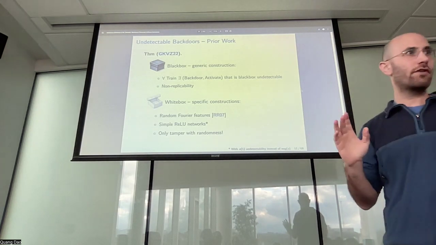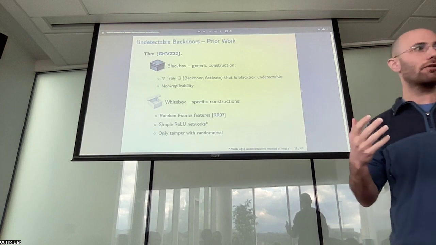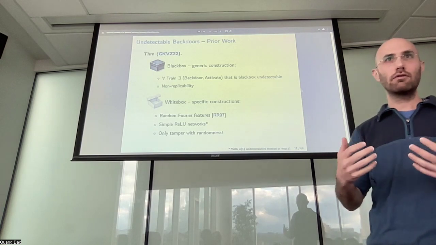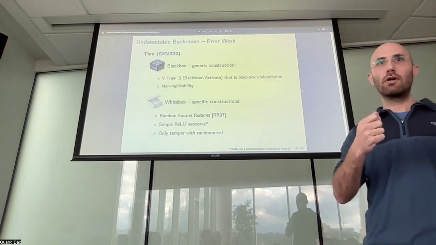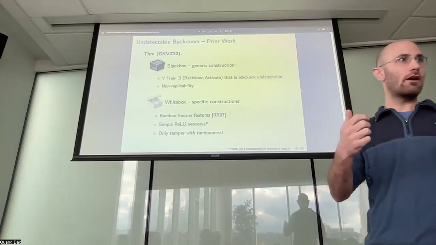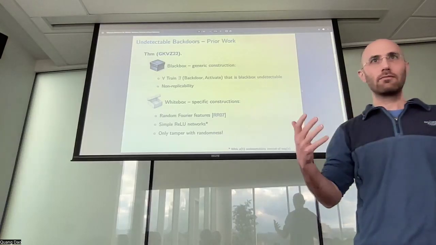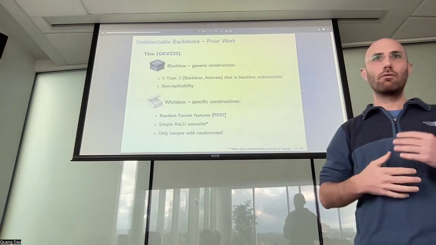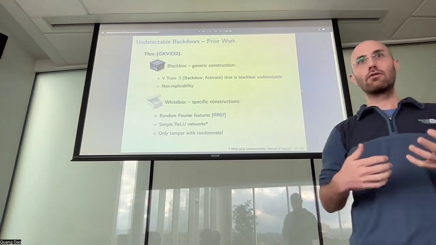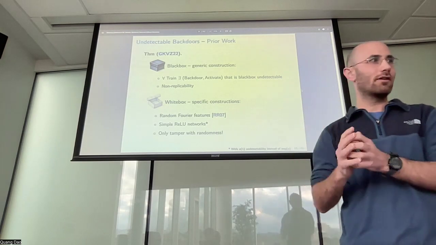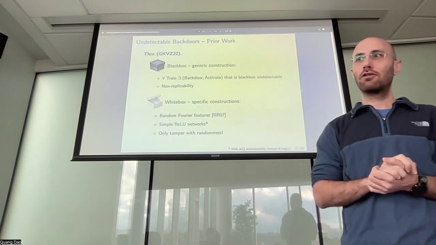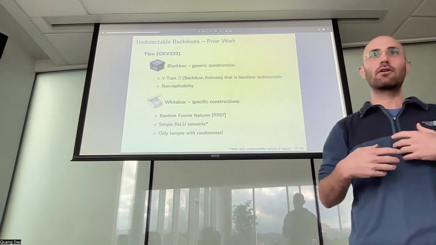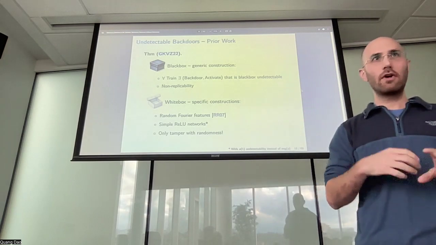So you don't need to do anything fishy when you train the learning algorithm. The only thing that the adversary would be doing differently than the honest training algorithm is tampering with the random coins that the algorithm uses. These training algorithms, like SGD or other machine learning training algorithms, are all randomized algorithms that use random points. So what you would do is, instead of using honest random points, you'd use pseudo-random points that were engineered in a very particular way, so that if you use the training algorithm with these points, you'll get an output, which is a model that has a particular backdoor that you engineer. So very sophisticated,